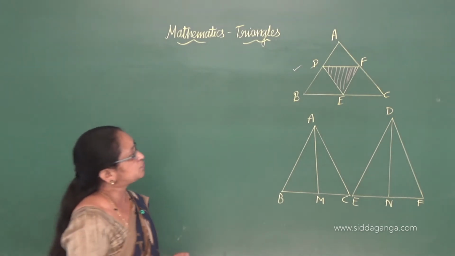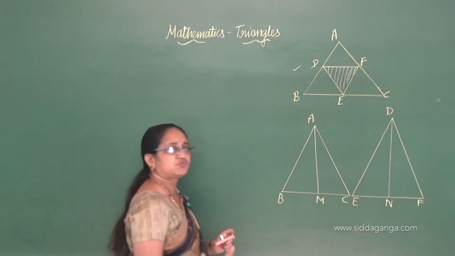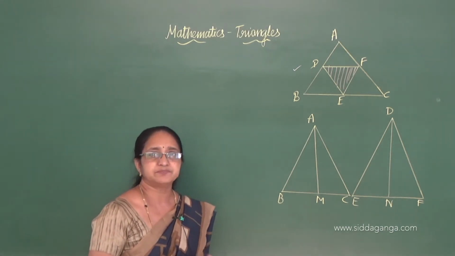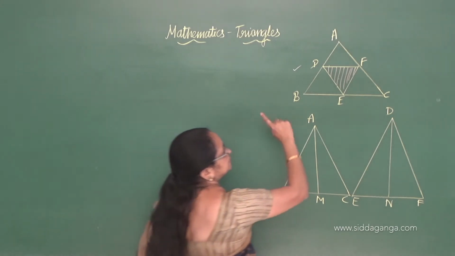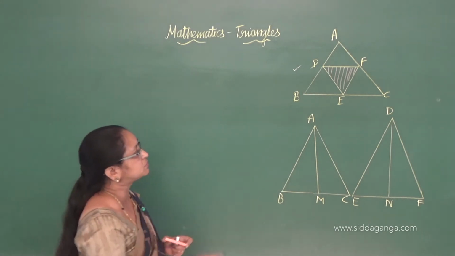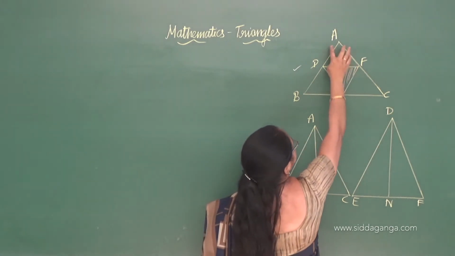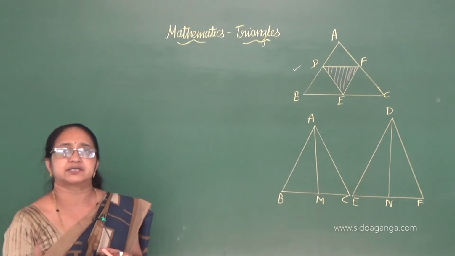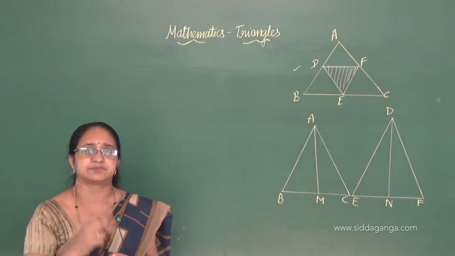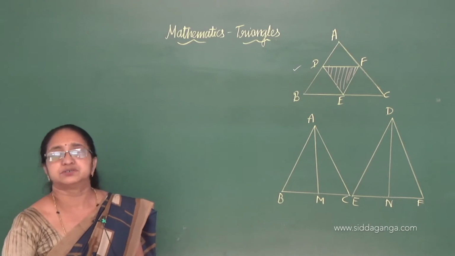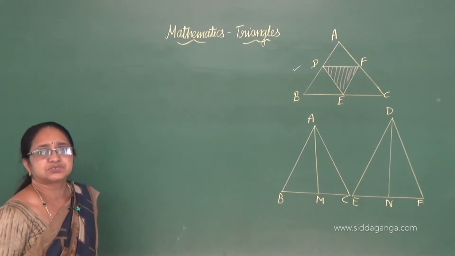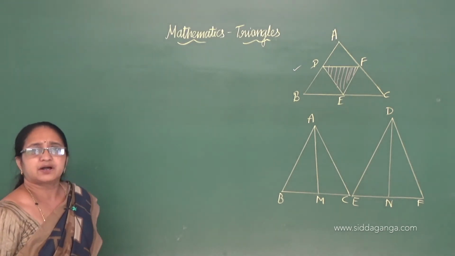Now, to find the ratio of the areas of any two triangles, I had told you, we had proved the theorem that those two triangles should be similar, isn't it? The first step is to prove that triangle DEF is similar to triangle ABC. Directly we can't say that the two triangles are similar, so we will check how we can do it.